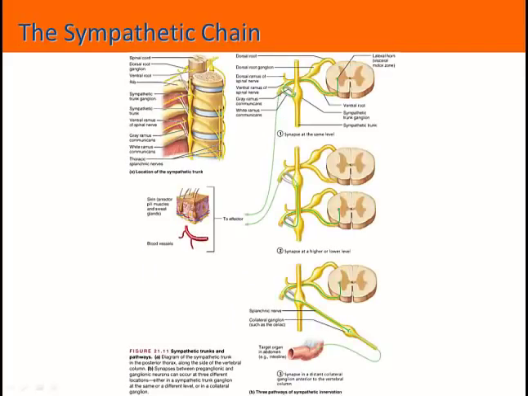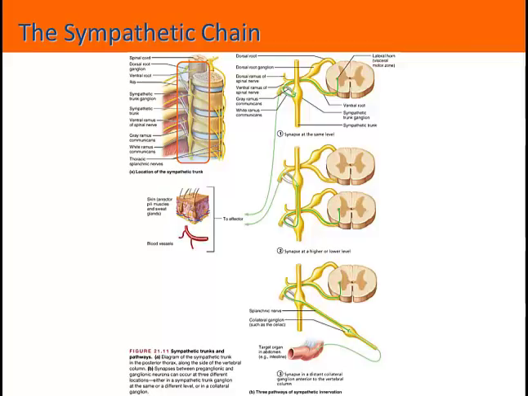Looking now a little more closely at the sympathetic chain, again, if you look on the upper portion of this diagram, you see that series of, it almost looks like knots or bumps, that is located just outside of the vertebral column here. That's the sympathetic chain. Now, the preganglionic neurons that leave the lateral horn of the gray matter in the spinal cord have a couple of different routes they can take. They can synapse at the same level in the sympathetic chain. So you see here in the upper diagram where that preganglionic neuron goes to the sympathetic ganglion at the same level of the spinal cord.